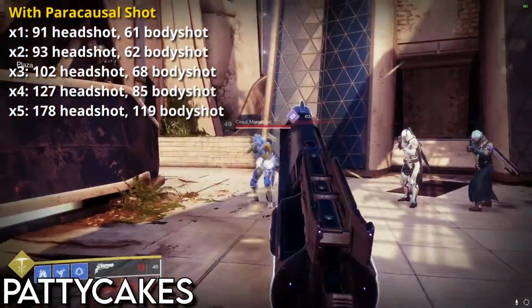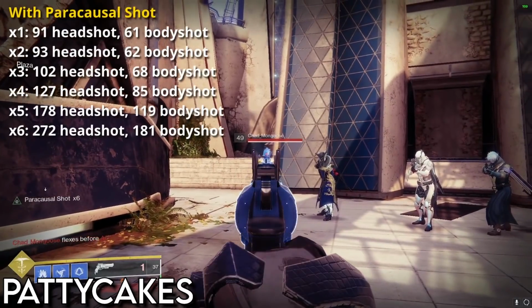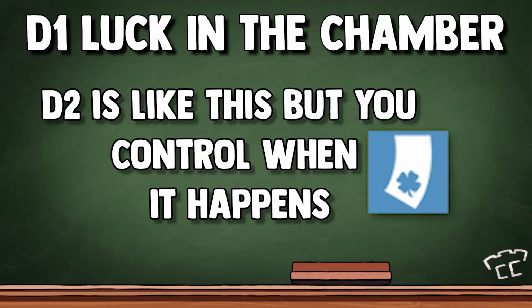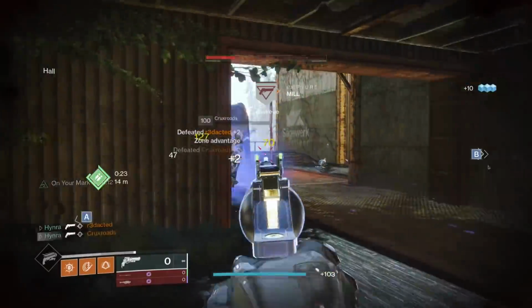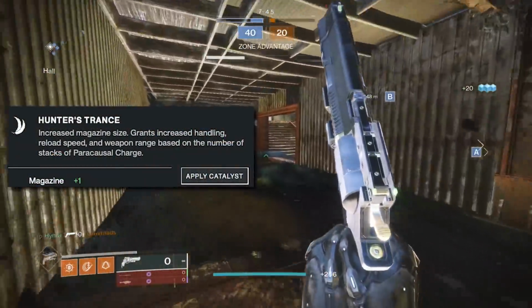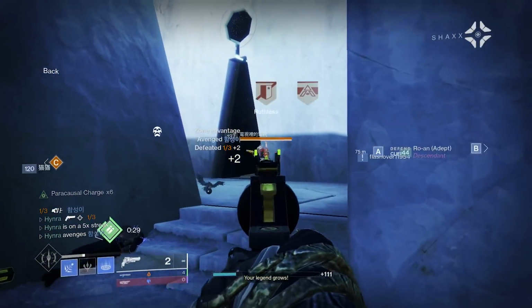If you don't know how this weapon works, every headshot that you land adds up a stack called Paracausal, which gives bonus damage to the final bullet depending on your stack. Think of D1's Luck in the Chamber, except you're in control now. What's really cool though is that the hit registration also gets stickier the more you shoot because of the catalyst giving it more range, it adds handling, makes your reload faster. Then on top of all of this, I do believe that there's a skill gap into getting the timing right